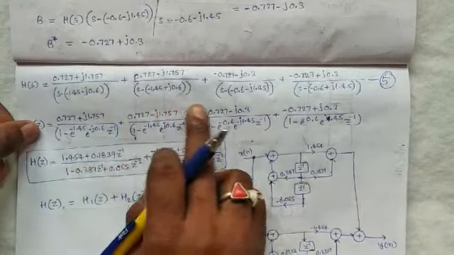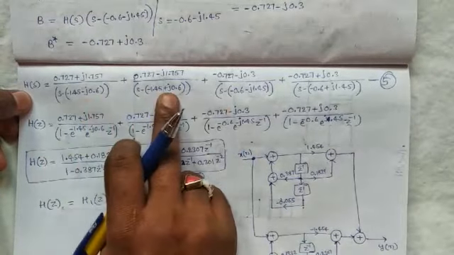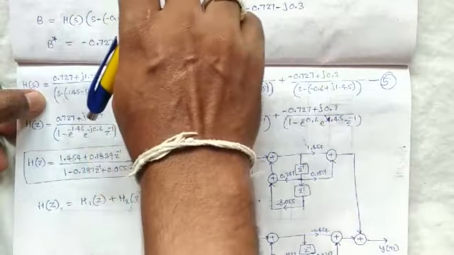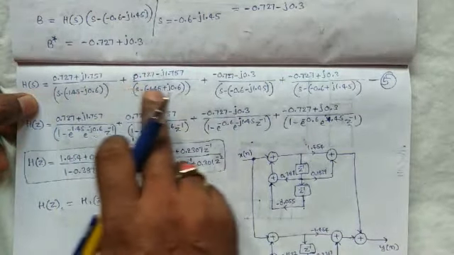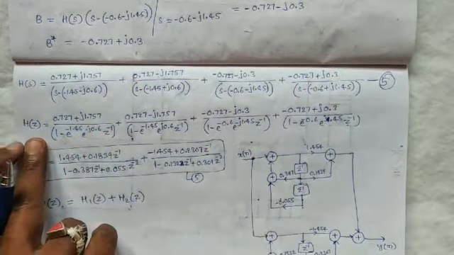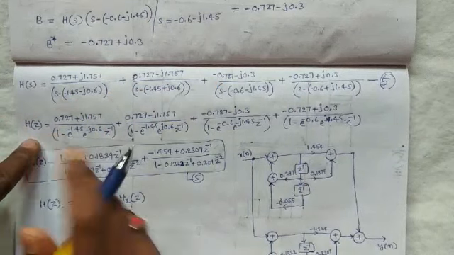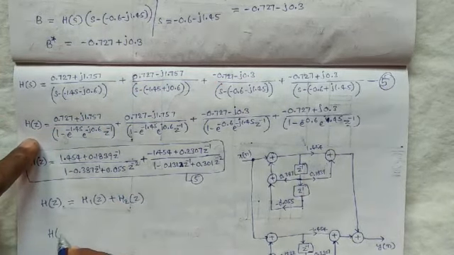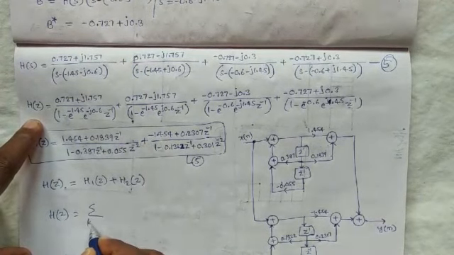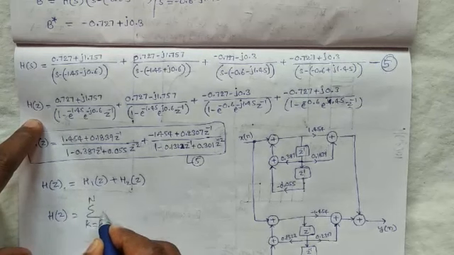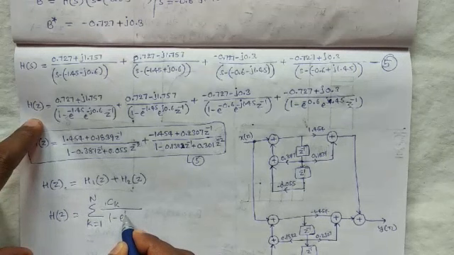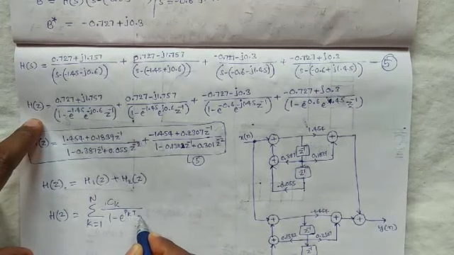This is equation 5. Here now we are determining H of z. This is the fourth step. In the fourth step we are representing H of s in terms of single pole filters. In the last step we are determining H of z. How to determine H of z? H of z is equal to similarly a summation of single pole filters: summation k equal to 1 to capital N, c_k by 1 minus e power p_k T z power minus 1.